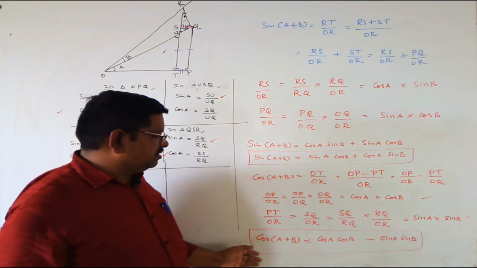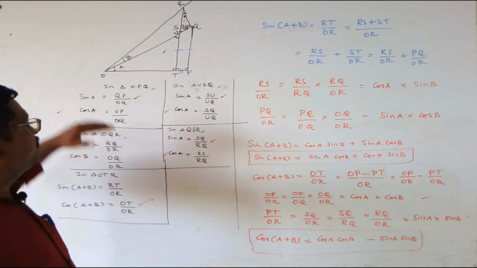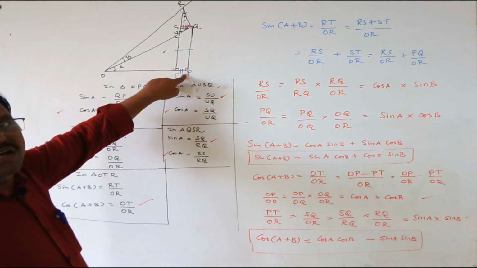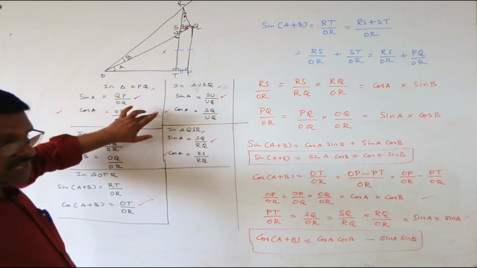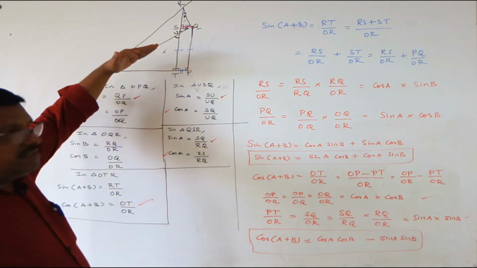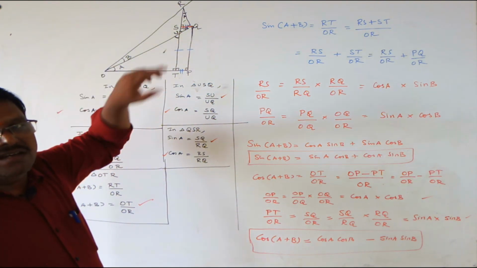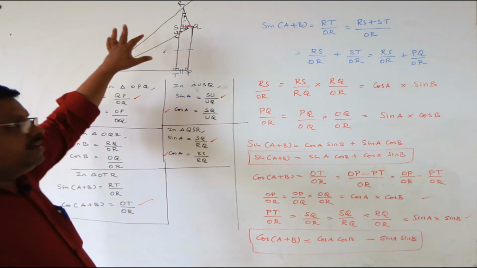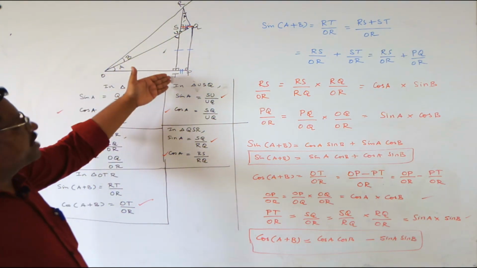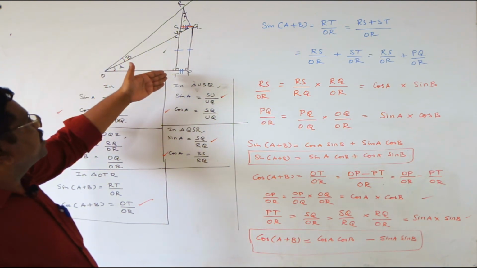If these two results are got, it is very simple to find tan of A plus B. Once I will revise it, listen carefully. First we are drawing the right angle triangle OPQ with the angle P as 90 degrees. From this we are getting some results. Then we are taking OQ as the base, that means OQ as the adjacent side, drawing another triangle, OQR, a right angle triangle, right angle at angle Q. And from that also we are getting some results. Then for our convenience, from R we are making one perpendicular to the side OP. So that is becoming RT.